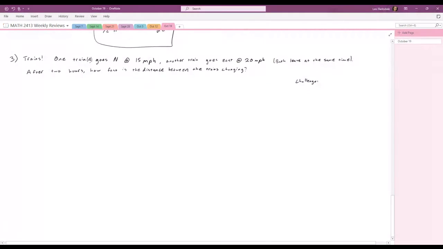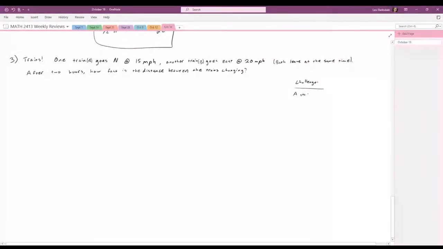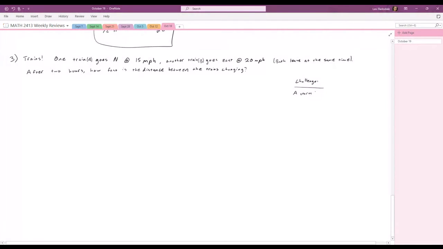I'm going to label this train A and this train B so I can differentiate them. A starts, we'll say,